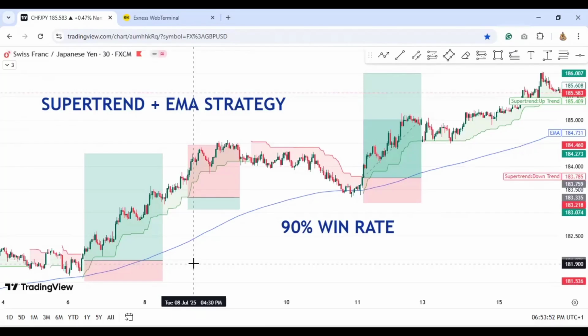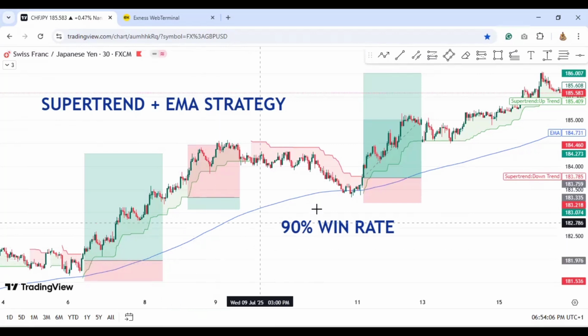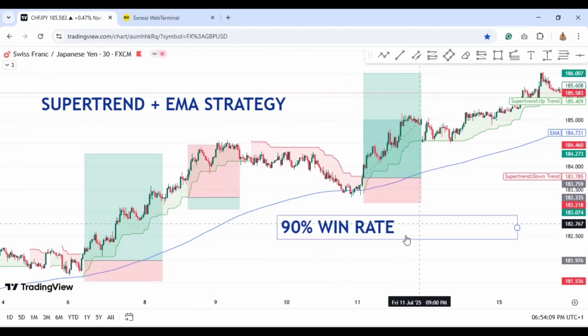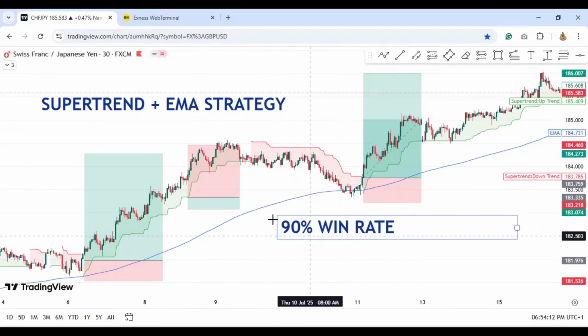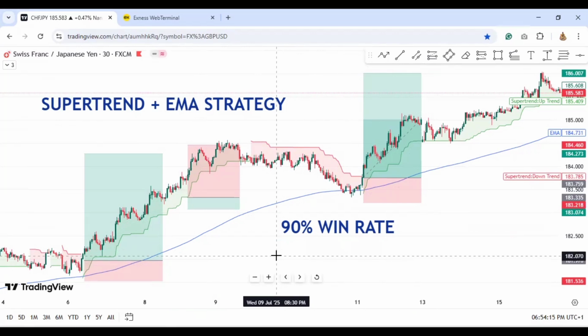In today's video, I am going to show you the super trend indicator strategy, and I am combining the super trend indicator strategy with the EMA. So when you combine these two, you are going to have a very high win rate. The success rate of this indicator strategy is about 90%, and I am going to also show you a bar